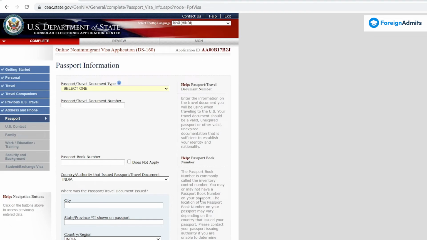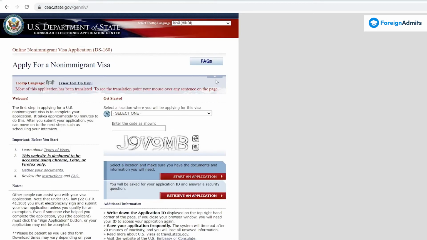Now comes your passport details. So let's say you don't have your passport with you right now, or by the time you find your passport, your session has been timed out, or you're not in a situation to find your passport and you want to do it later, it will save the previous information. Now this is where you'll need your application ID number and the security question. So you'll again go to the home page and then select your location,